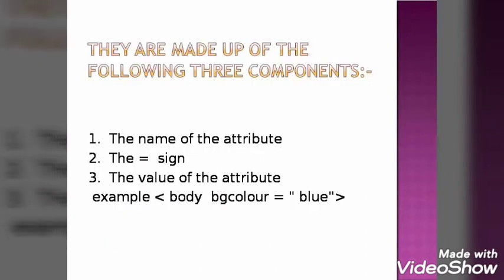How we are using, first I will tell you, we are writing the name of the attribute like background, font, alignment, whatever you want you will write. Then next step is you will put equals to sign, then value. What is the value? What kind of background you want? You want blue background. So under the inverted comma I have written blue. So you can see the example. Under body it will be coming. Body bgcolor, means background color, is equals to blue.